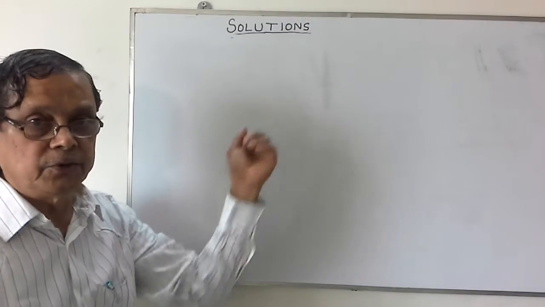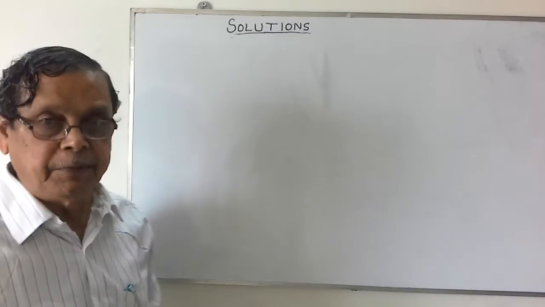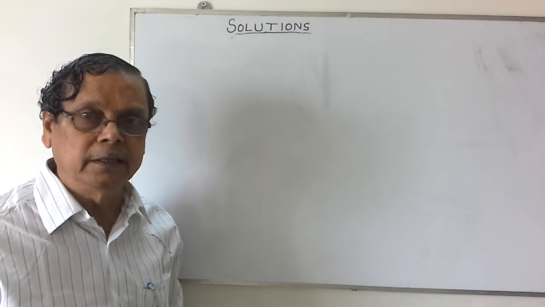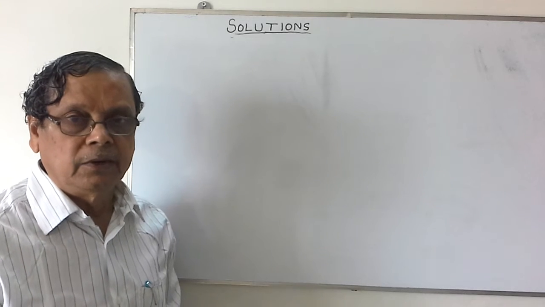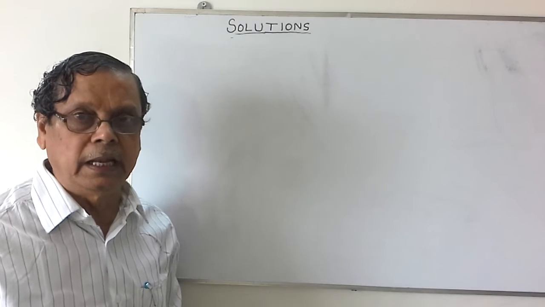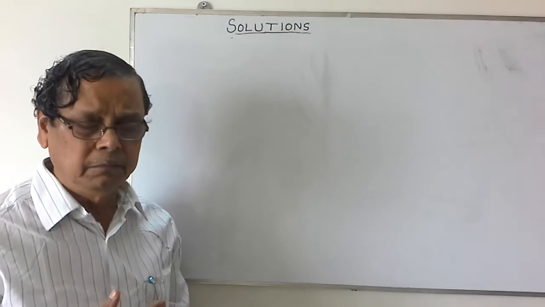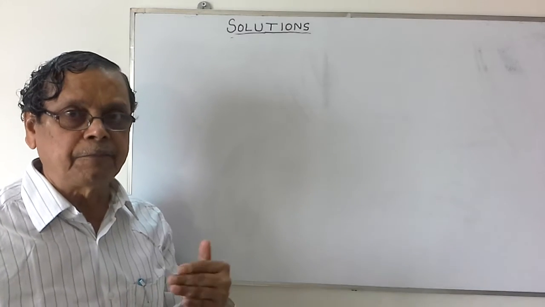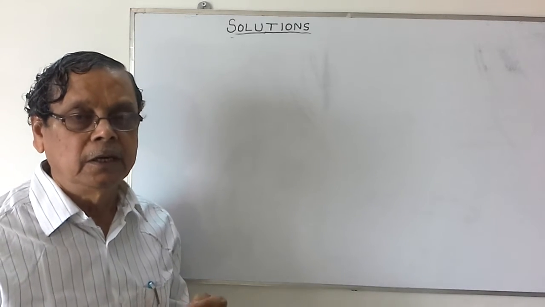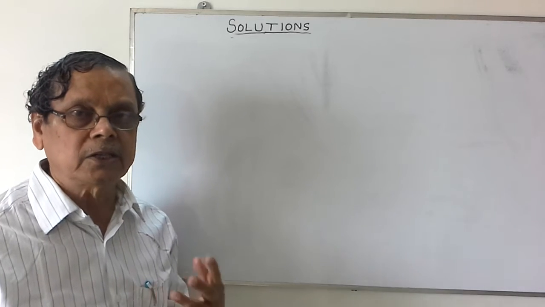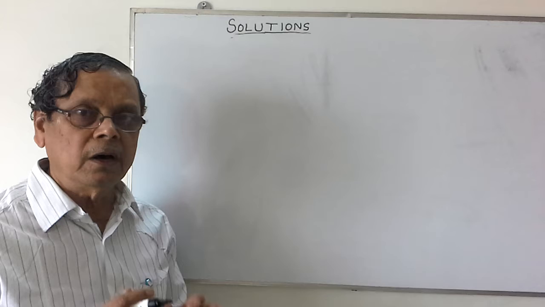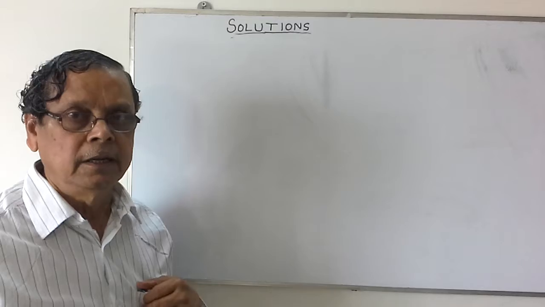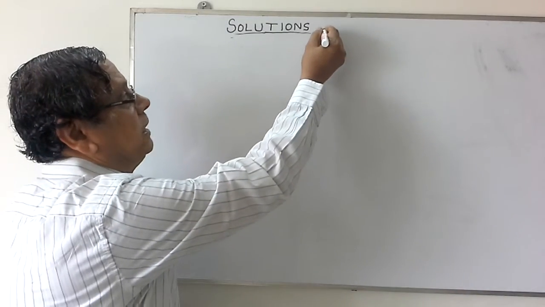Welcome back to the solutions topic. We were studying the vapor pressure of a pure liquid. When we consider the vapor pressure of a pure liquid at a given temperature, when the liquid is placed in a closed vessel, it exhibits a certain pressure because there is an equilibrium between the vapor and the liquid. So such a pressure is called the equilibrium vapor pressure or saturated vapor pressure, or simply the vapor pressure. For a given liquid at a given temperature, it is always a constant, and usually the vapor pressure of the pure liquid is indicated as P0.